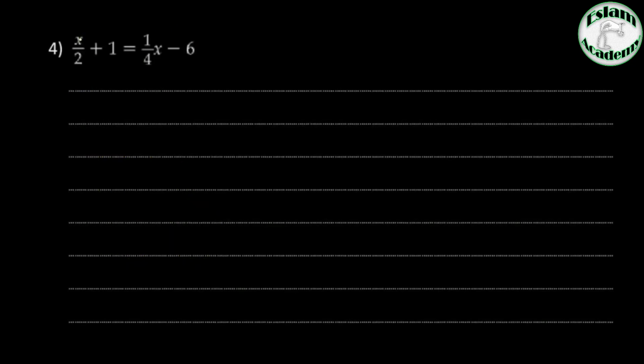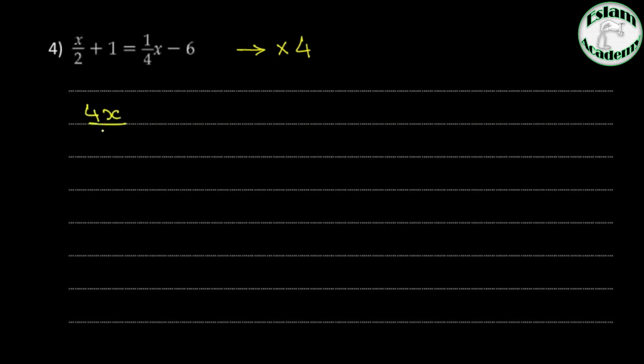Number 4. x over 2 plus 1 is equal to 1 over 4 x minus 6. To solve this problem by adding and subtracting fractions, I think it will be hard. So we can remove all of the denominators by multiplying by the LCM. The LCM that we have now is 4. So if we multiply all of the equation by 4, now we have 4 times x over 2,